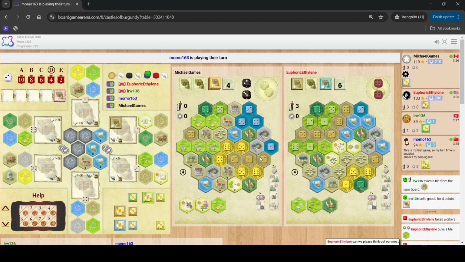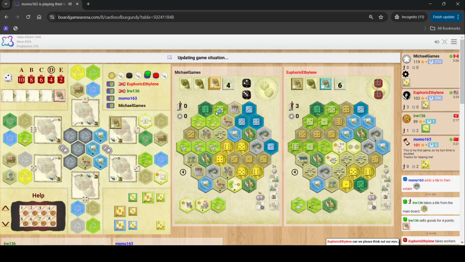So the best thing to do would be to sell the 2 die for 2 workers, and then use my 3 die with those 2 workers to place the pigs. Right, so I sell my 2 for 2 workers over here, and then use the 3 with the 2 workers to place these pigs here on this 5, and that should get me, let me calculate,